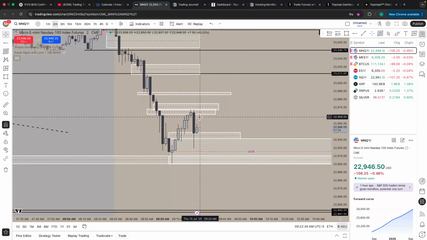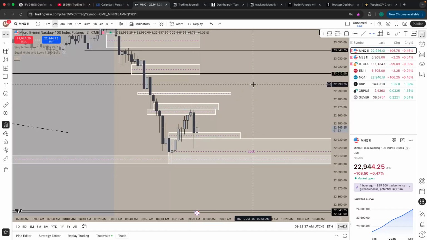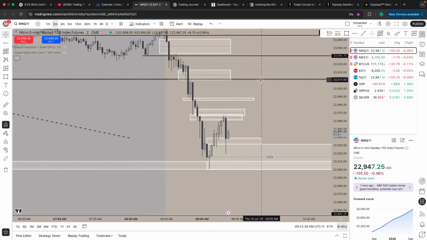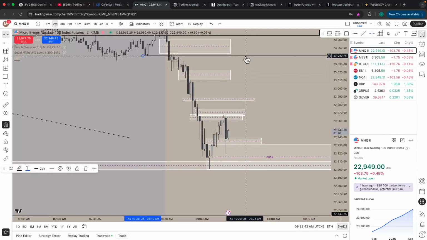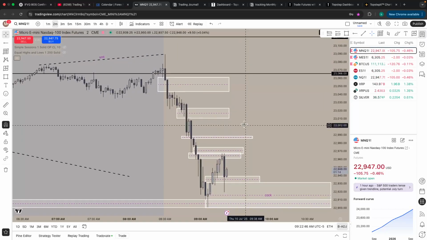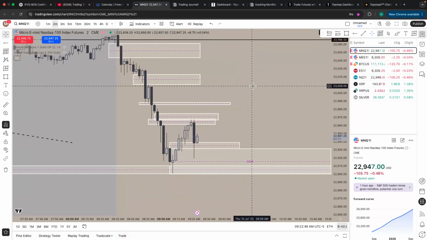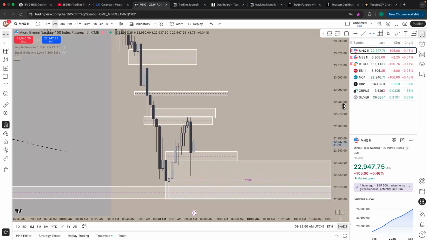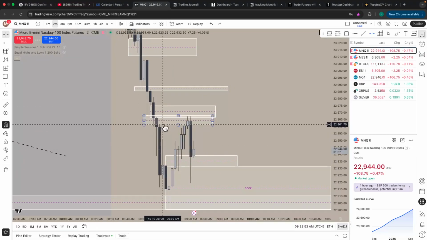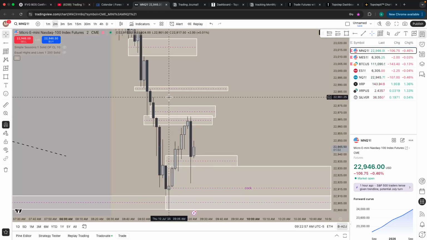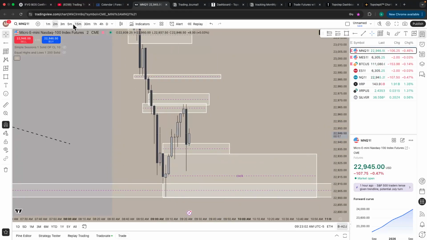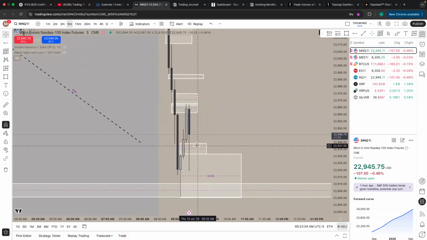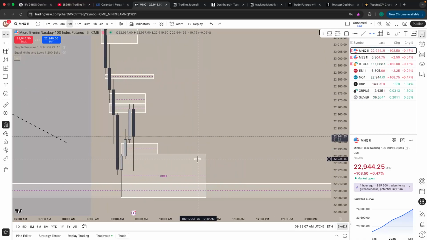Even if we could get a 2-minute inverse here, that's so much better than an entry up here. I'm going to get rid of this line because we don't need it. I'm going to get rid of this line because we don't need it. I want to keep that line up there. The chart does look a little messy, but it makes sense to me. We have a gap right here, probably a 5-minute gap, I believe. We have a 2-minute gap right here, a 5-minute gap probably right here. And we have a 5-minute that I retraced into and a 5-minute order block that I just retraced into.